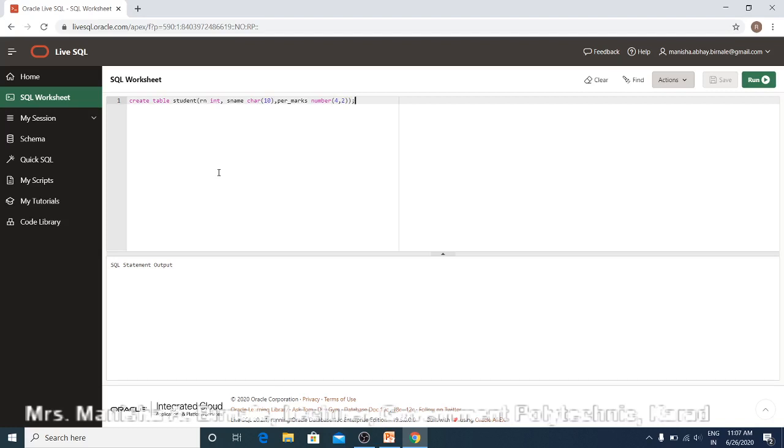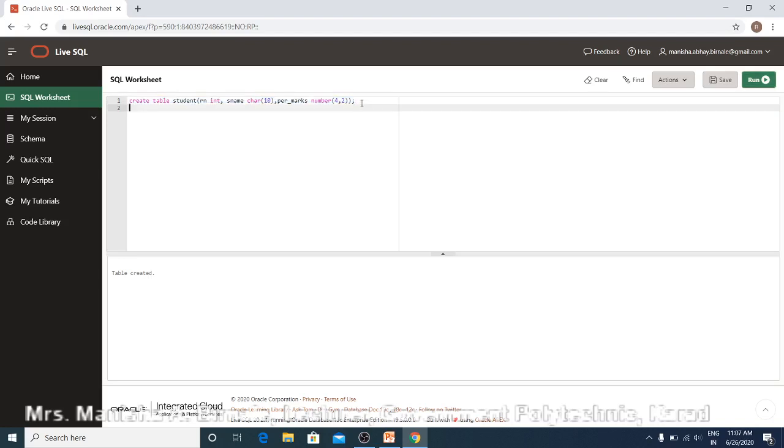In this way you can type your command here and then you have to select this command and then run. Here you can see output table is created.